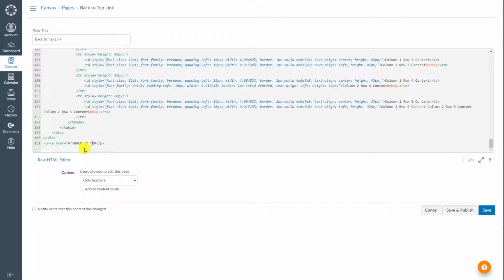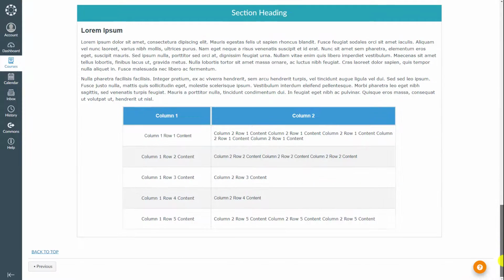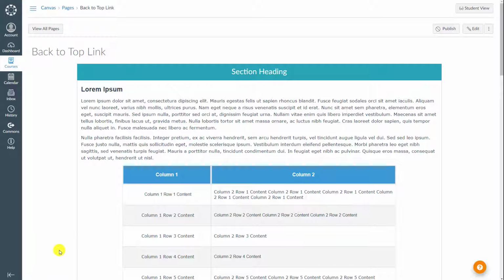I follow all the steps to have it work correctly. I just create the link using this little tiny HTML code here, so we will test it out and see if it really works. I'm going to save my page and I will scroll down, and there is this link. And it looks like the link is working, but let's test it out. I'm going to click. Alright, it works. It took me to the top of my page.